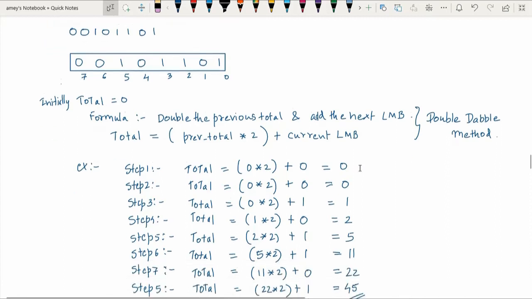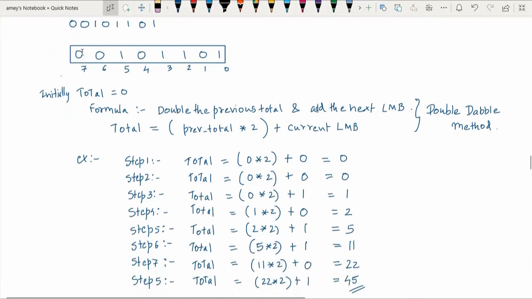Now let us start. Let us convert this into decimal and see. I said initially the total happens to be 0. So in step 1, the total is 0 into 2 plus the current leftmost bit.